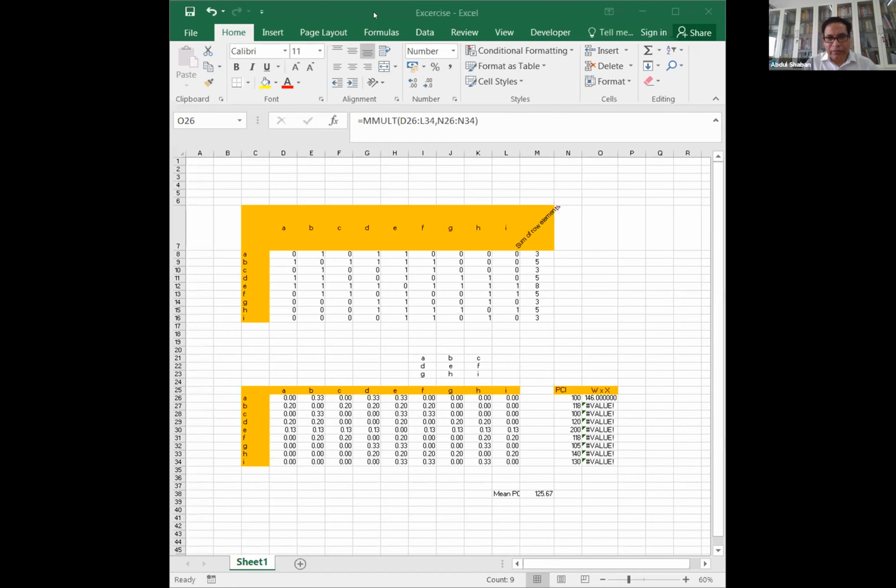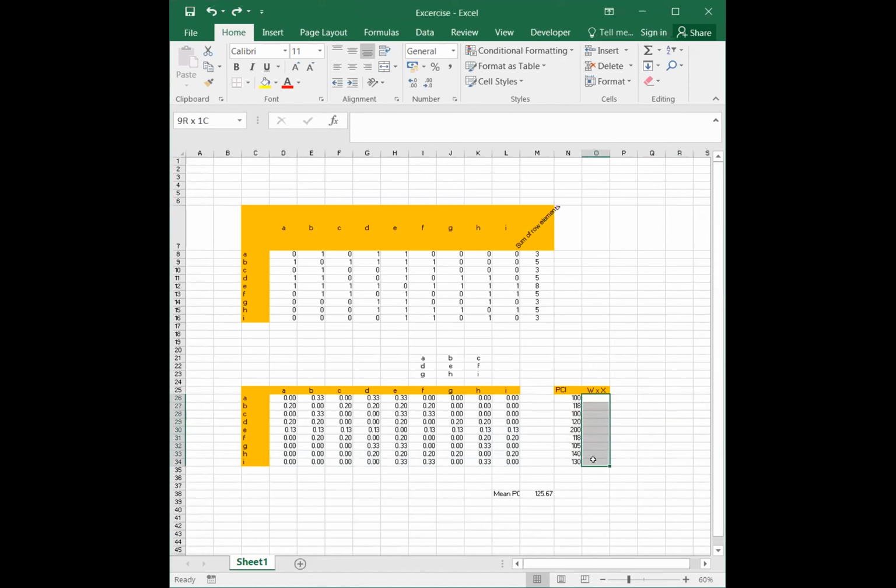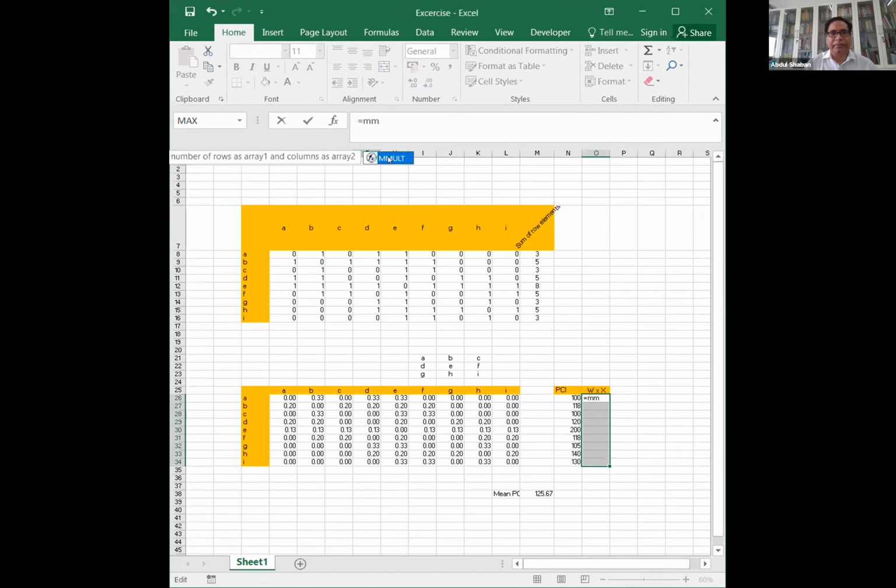Sir, is it visible? Yeah. So just delete it. Why, what have you done, Siddesh? Delete all this. It will not go down, so just delete it. First, block this row and column, up to here. Now go to the formula bar. Equal to MMULT. Do this and block the first one. Comma, second one.